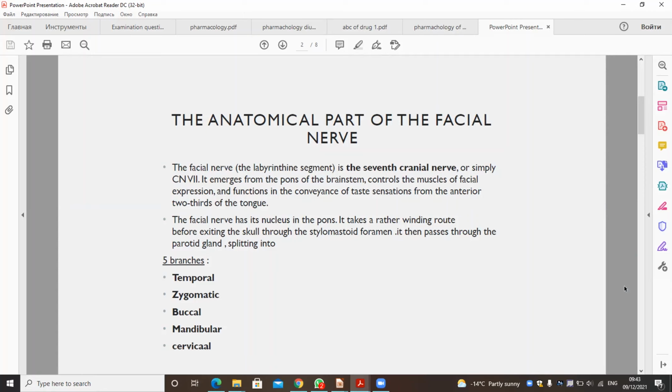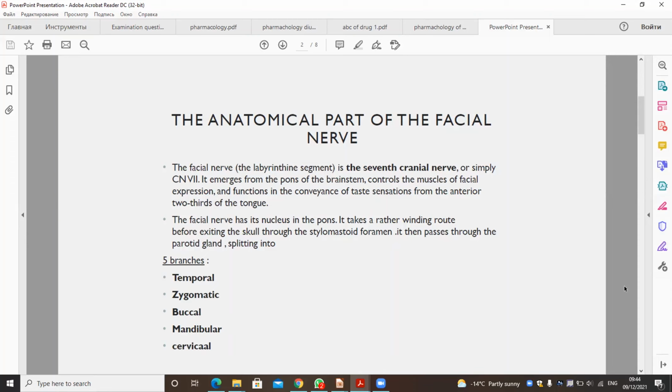The facial nerve is the seventh cranial nerve, or simply CN 7. It emerges from the brain stem, controls the muscles of facial expression, and carries the sensation of taste from the anterior two-thirds of the tongue. The facial nerve has its nucleus in the brain stem. It takes a rather winding route before exiting the skull through the